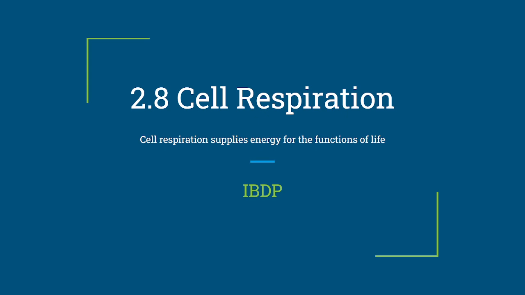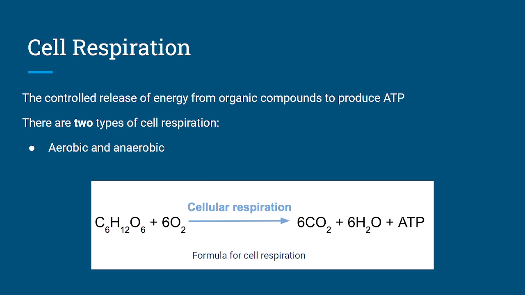The main idea is that cell respiration provides energy for the functions of life. Cell respiration is known as the controlled release of energy from organic compounds to produce ATP. There are two types of cell respiration, which are aerobic, involving oxygen, and anaerobic, which do not involve oxygen. The formula is shown below as